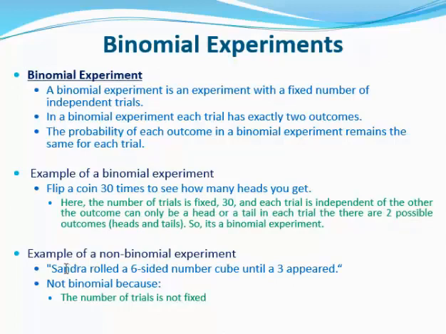What about this? Sandra rolled a 6-sided number cube, in other words, a die, until a 3 appeared. Why is this not a binomial experiment? Of course, each roll is either going to get a 3 or not a 3, but the number of trials is not fixed. Maybe she'll roll a 3 the first time, maybe it'll take until the 10th time. Because the number of trials is not fixed from the outset,